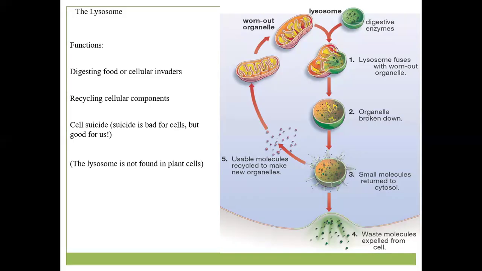When they take up these substances, they are not needed in the body. How does the body get rid of them? Because they are no longer needed. Or another example, when a virus or bacteria get into the cell, the body needs to destroy that bacteria. How does it destroy it? So the bacteria is taken into the lysosome, and the lysosome contains digestive enzymes that break down the bacteria to